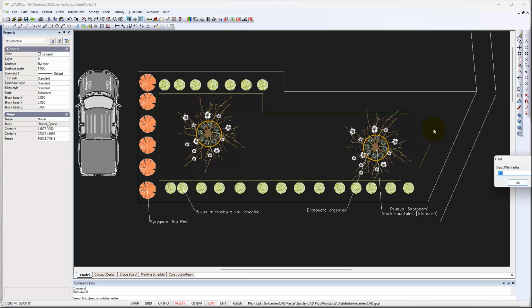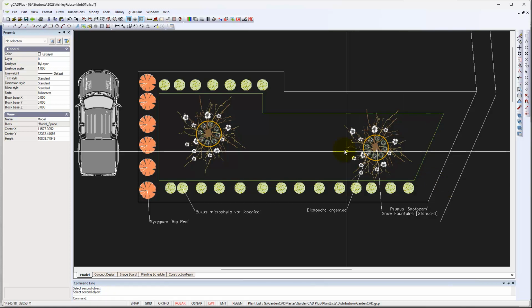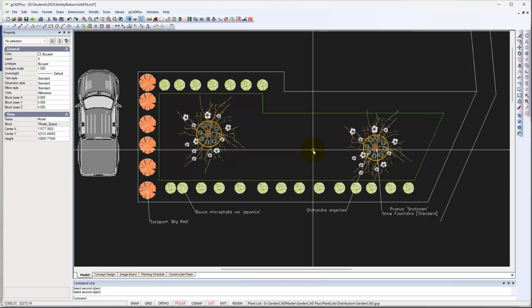set the radius. If we set the radius at 0, which it is, once that's done we can simply pick this point here and that point there, and you can see the two ends of those lines get joined and we can carry on in that fashion. So it's a very, very handy tool, but you can also do some interesting things with it if you set